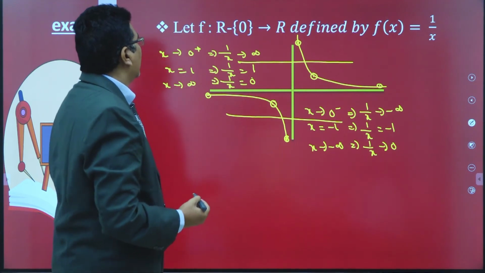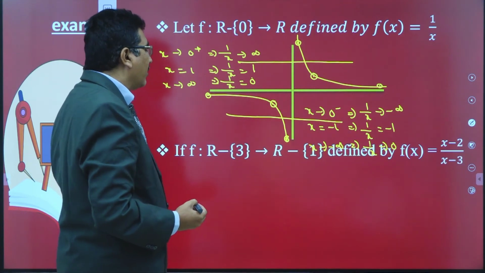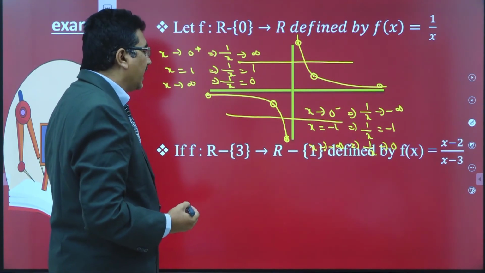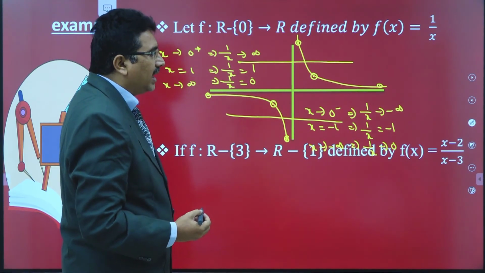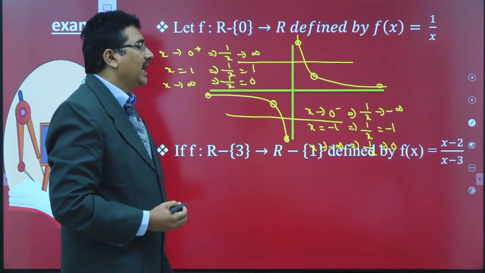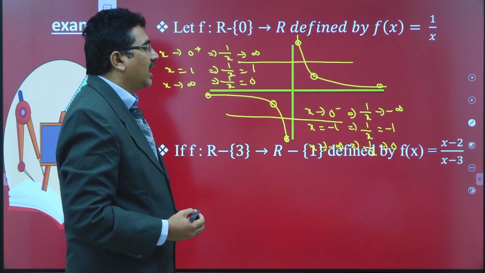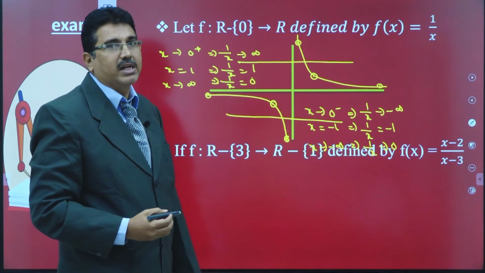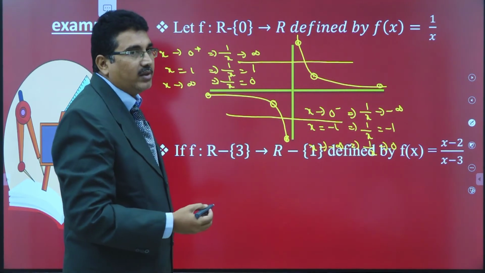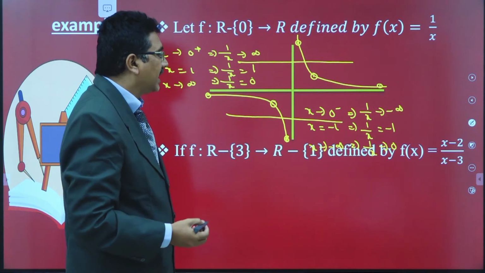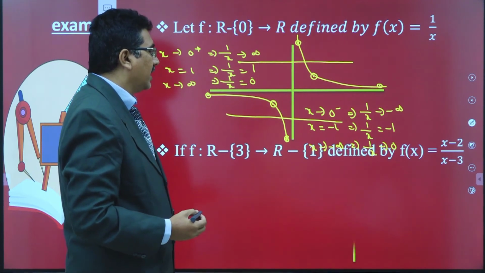Now see another example. f mapping from R minus singleton set 3 to R minus singleton set 1, by f of x is equal to x minus 2 by x minus 3. Now how to draw the graph of this function? Also verify this is a one-one onto bijective function. For drawing the graph of a function,